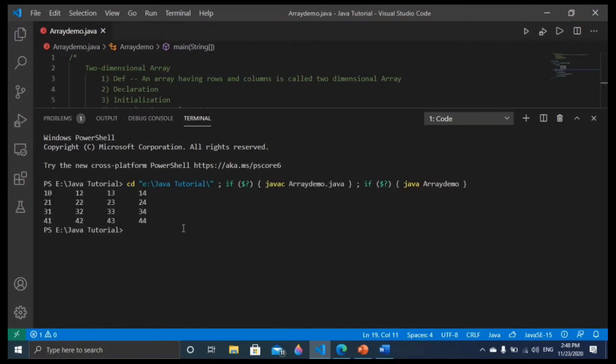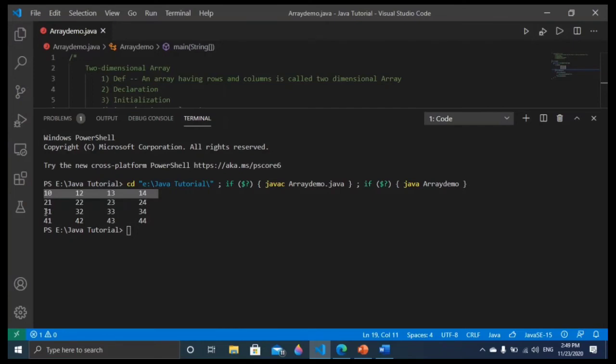You can see, friends, the first row is printed, then second row, then third row, and then fourth row. How is it going to print? 0 0 is 10, then 0 1 is 12, then 0 2 is 13, then 0 3 will be 14. Now 1 0 is 21, 1 1 is 22, 1 2 is 23, 1 3 is 24.